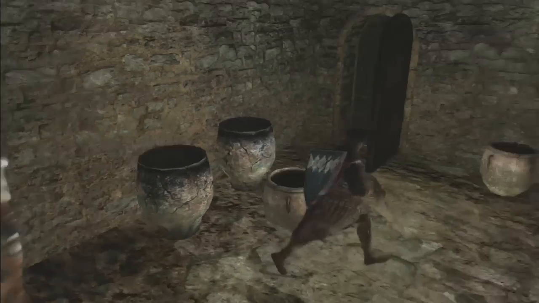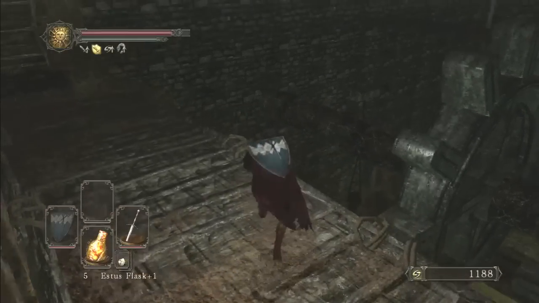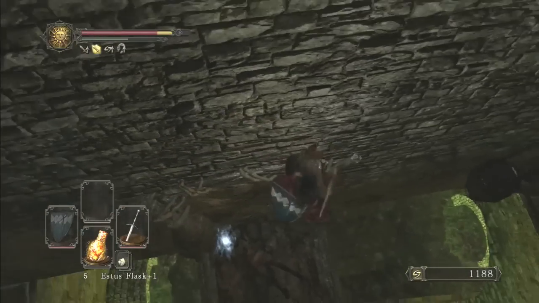Okay, that's all he's going to give us. I think that this is the area now where we could drop down. Yeah, this is it. So I'm going to go ahead and try that jump. If I die, I die. I've already died enough times that I'm kind of like, whatever. It's fine. If I die, I'm...